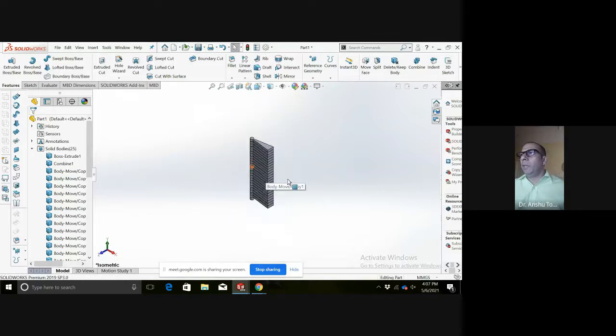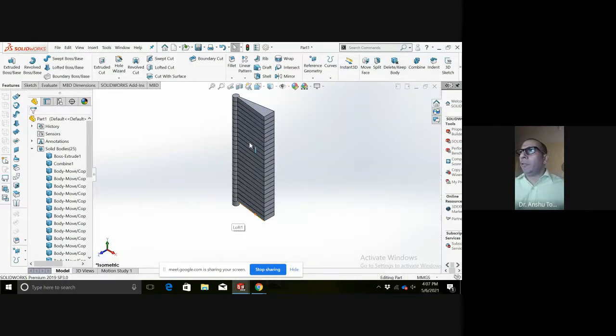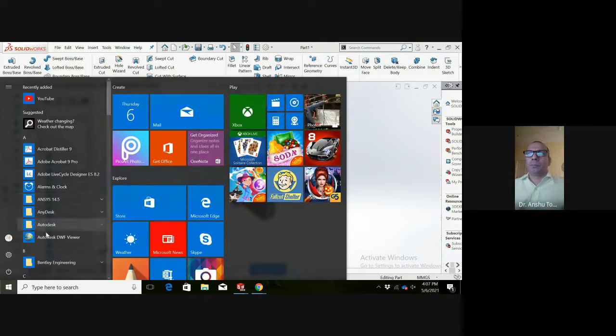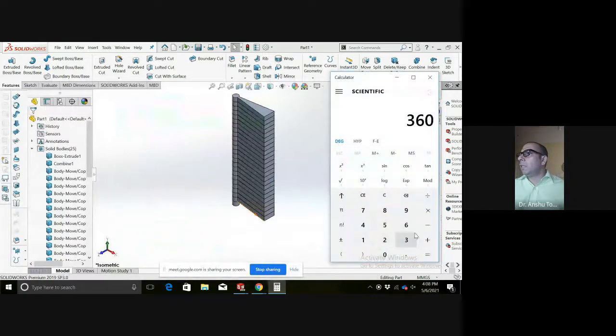Now I have to simply rotate all these by a certain degree. So if I've got 23, 360 divided by 23 I will have to do, because the whole circle is 360. It is close to 16 degrees.